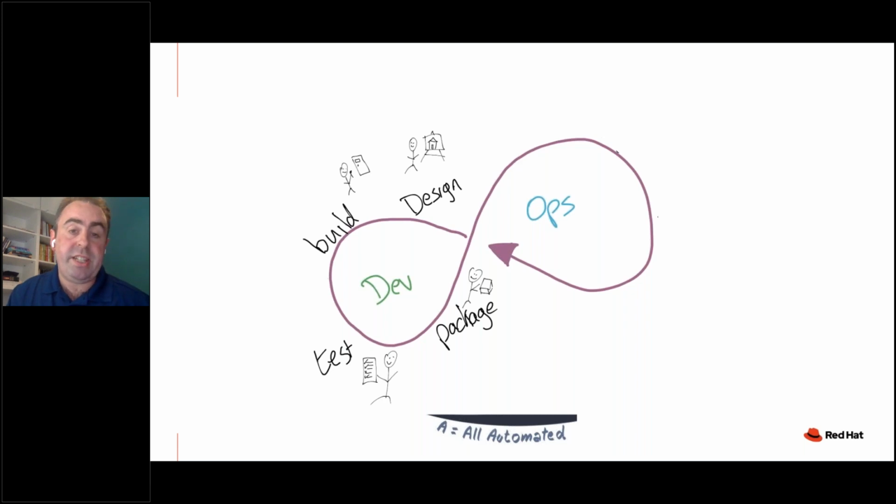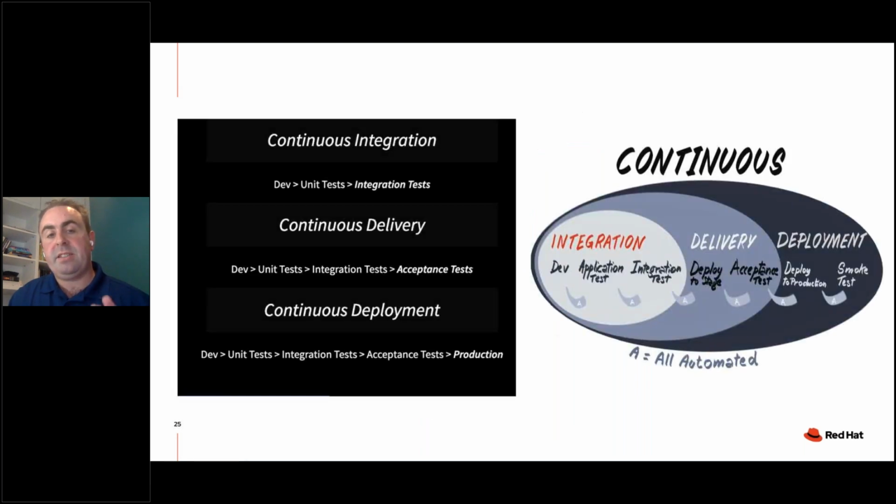Maybe we package up into a container, which is a great technology that allows us to deploy and operate really great DevOps. So we might package up into a container, and we pass into the ops side of the double loop, where we deploy maybe into a container platform such as Red Hat OpenShift. And deployment is interesting because when we talk about deployments and packaging up and putting these deployments onto target servers,